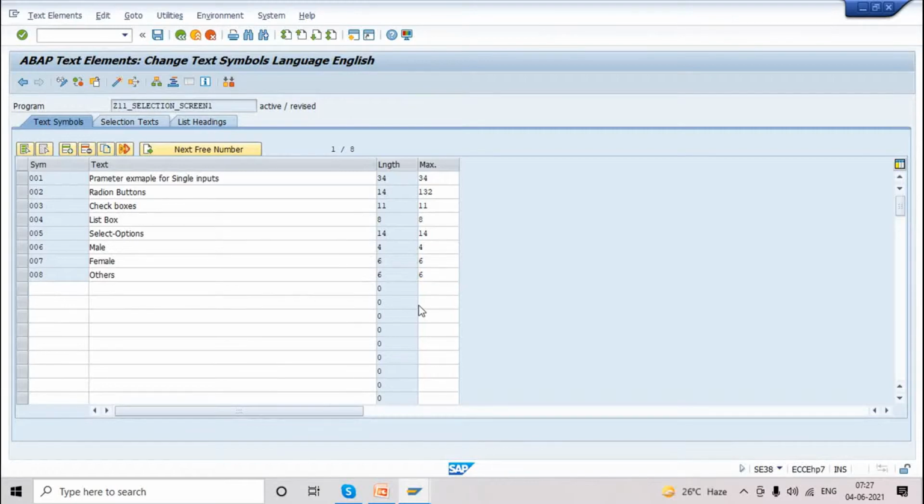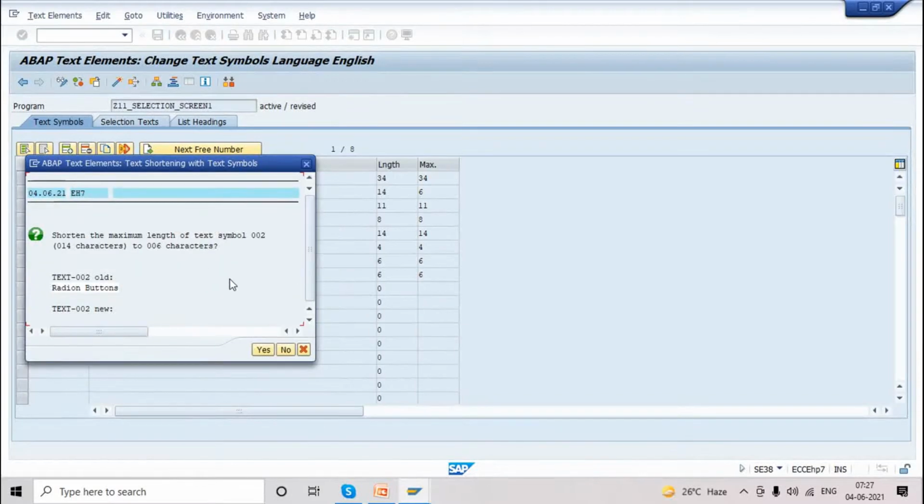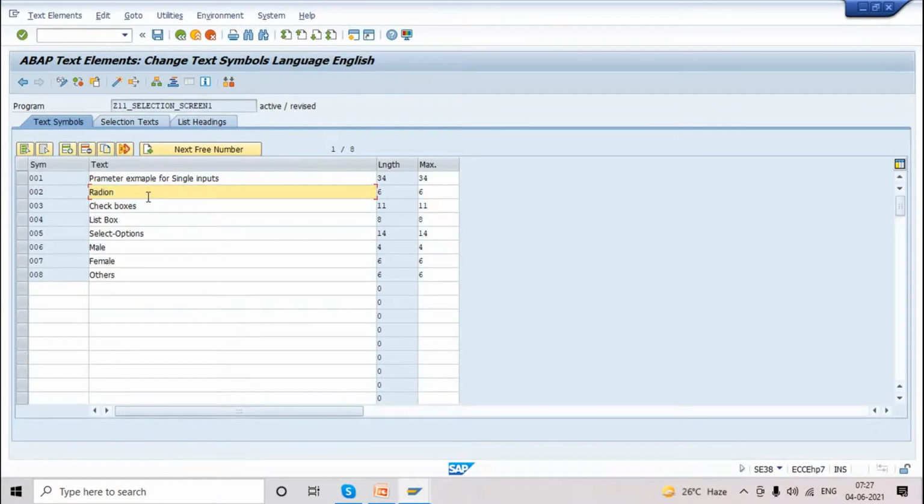We can put 6 only, no problem. But it's better you keep 132 if you are working on multiple countries. See, now it is not allowing. I'm not able to type because max also restricts. We'll put 132.